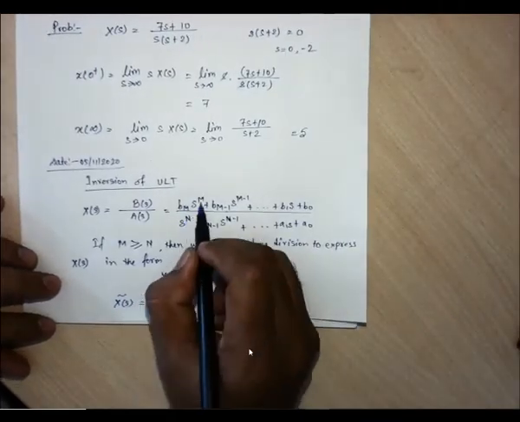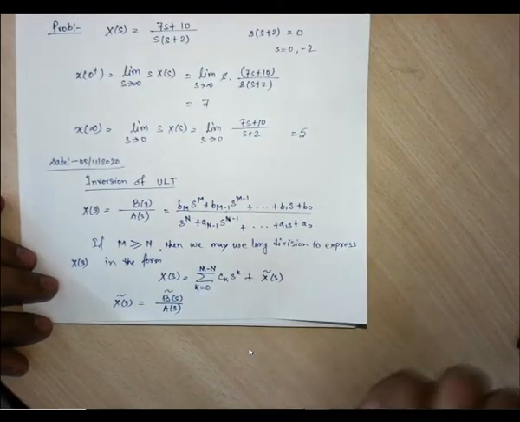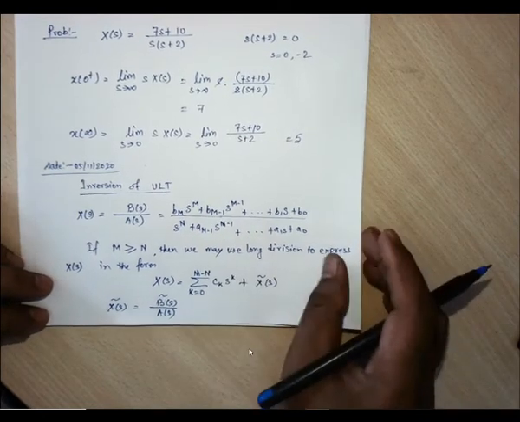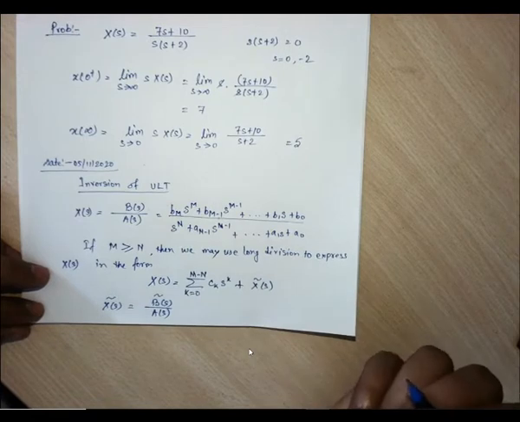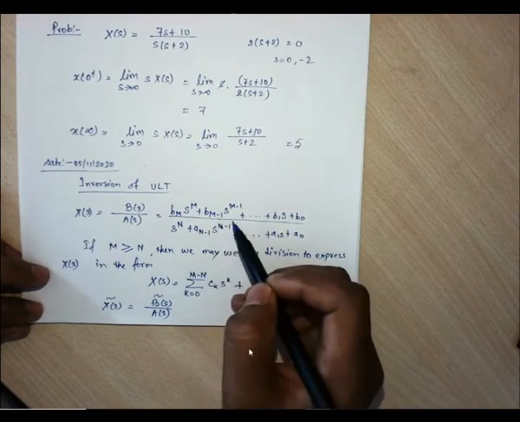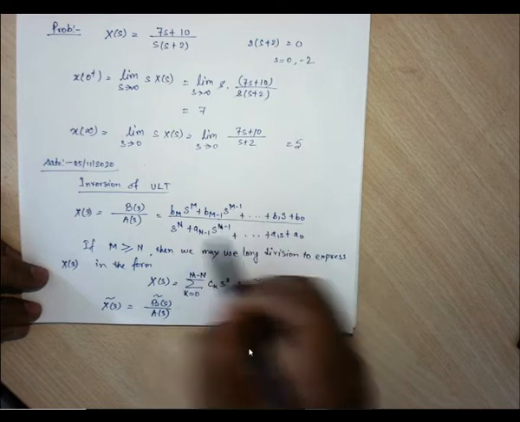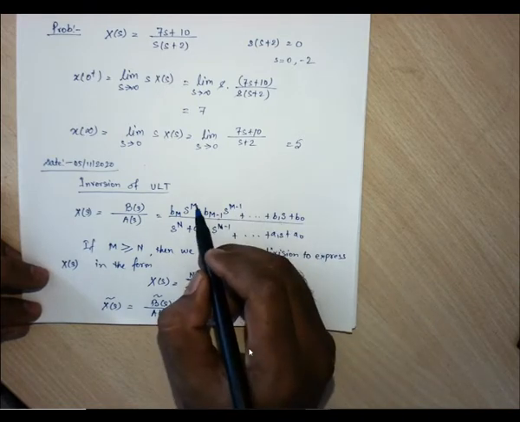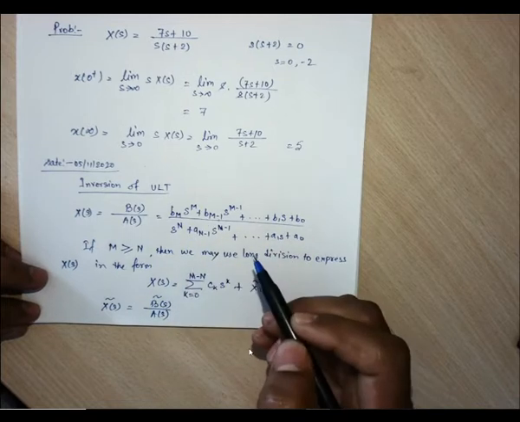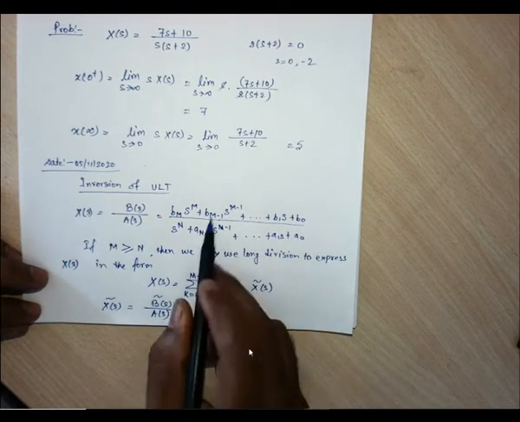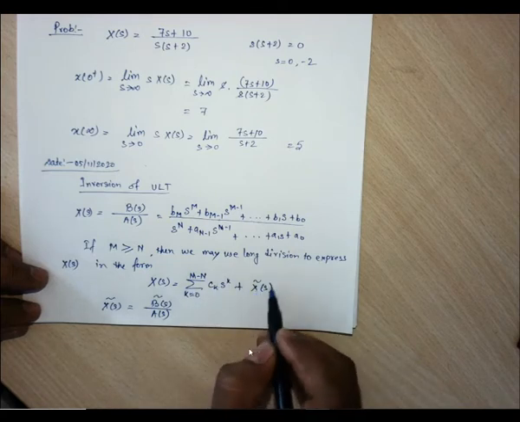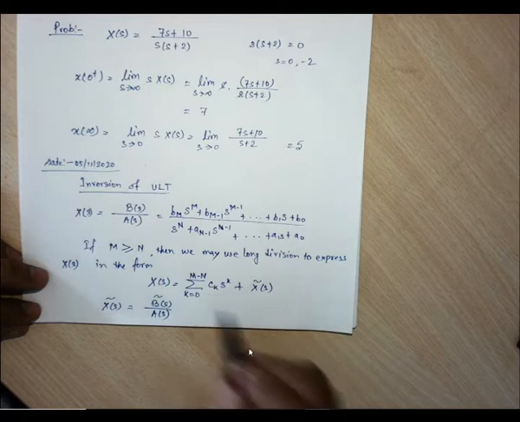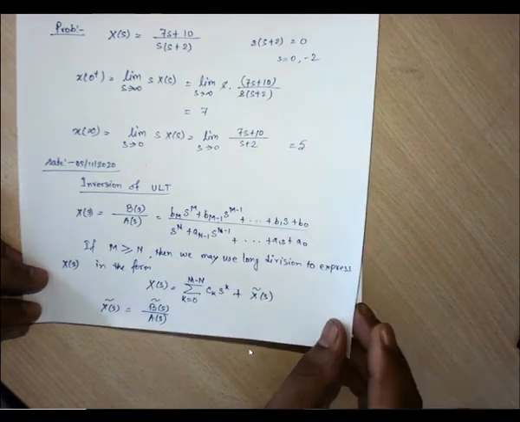What we did, starting from this, is assume that the order m is greater than or equal to n. For that case, we need to ensure that the order m is always less than the order n. So if this situation arises, we first go with long division, then we make the order of m 1 less than the order of n. Then this is the result of the division and this is the remainder part. Then we go with the inverse Laplace transformation by the partial fraction expansion method.